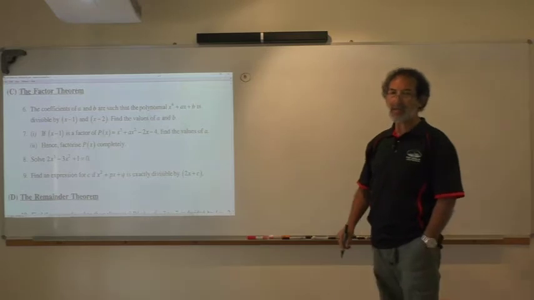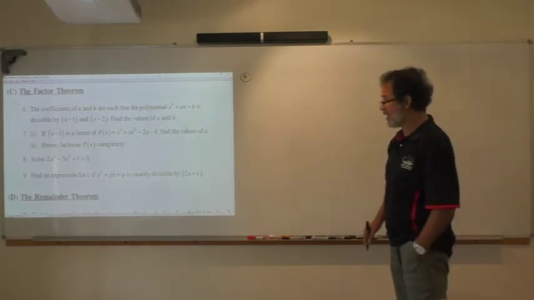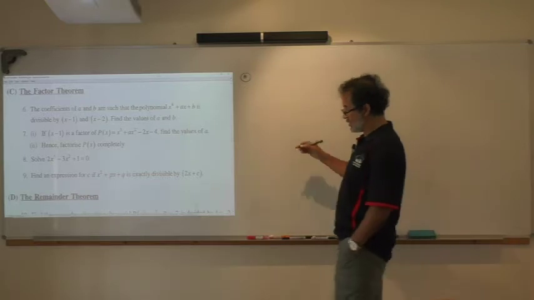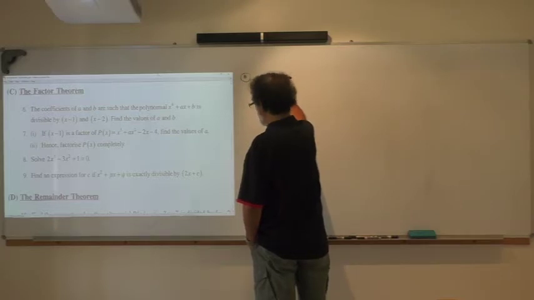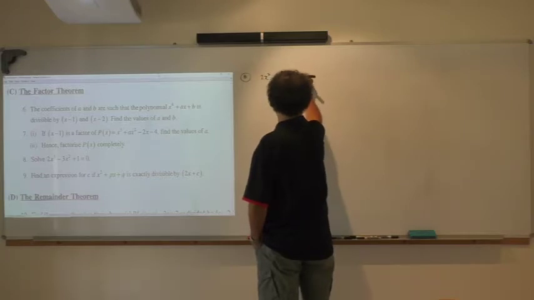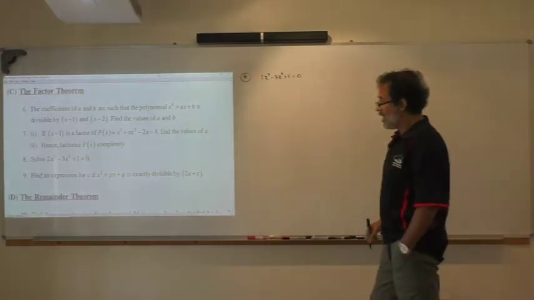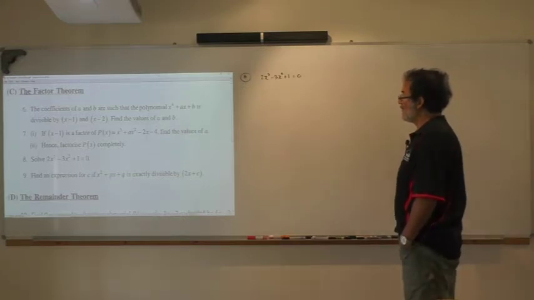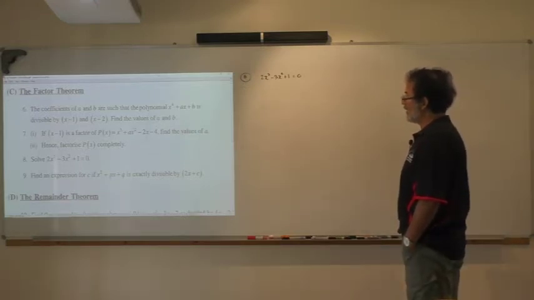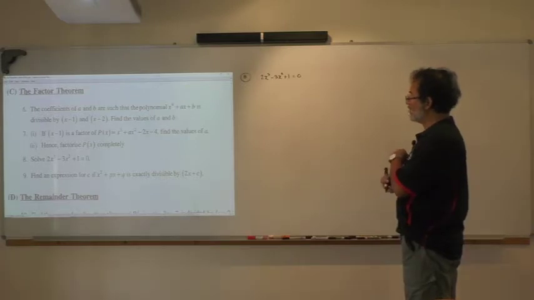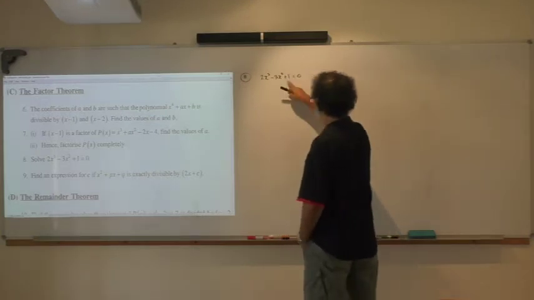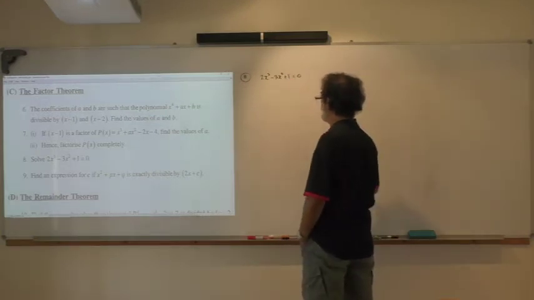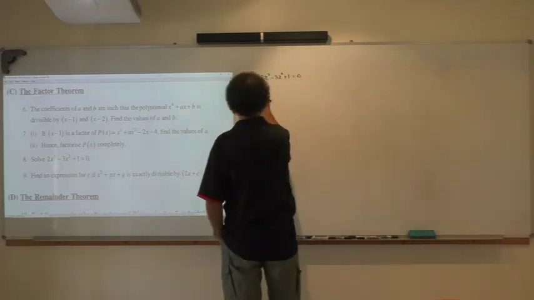Okay, in question 8, it says we have to solve that cubic equation. Okay, so we have to solve 2x cubed minus 3x squared plus 1 equal 0. Okay, the possible factors of the constant are positive 1 and negative 1. Okay, so you can see this is the constant, and the only possible factors of 1 are negative 1 and positive 1. Okay, so